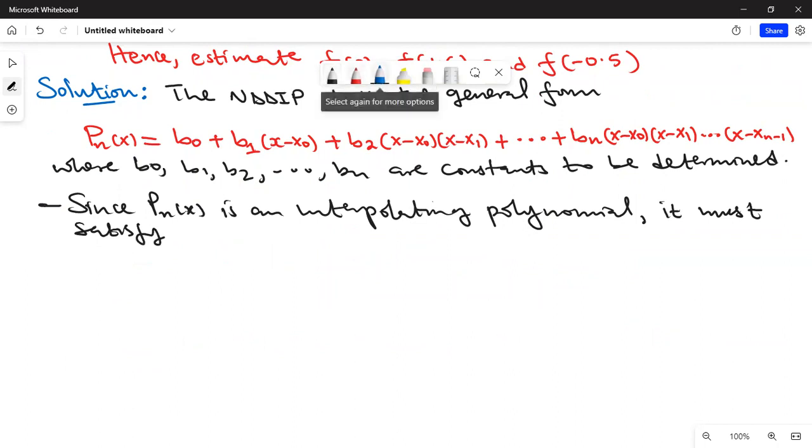The first one, of course, we know that it must be the same as f of x at